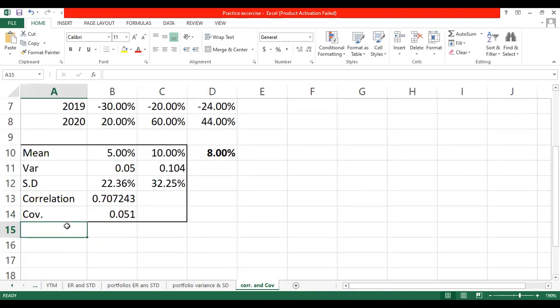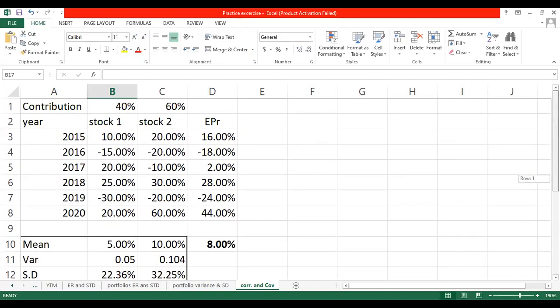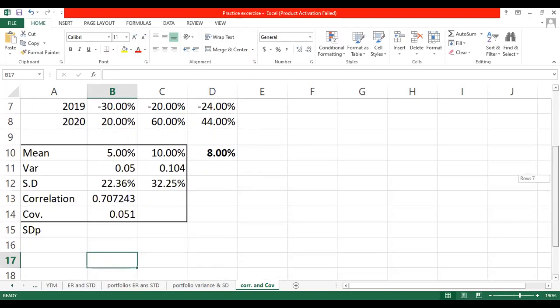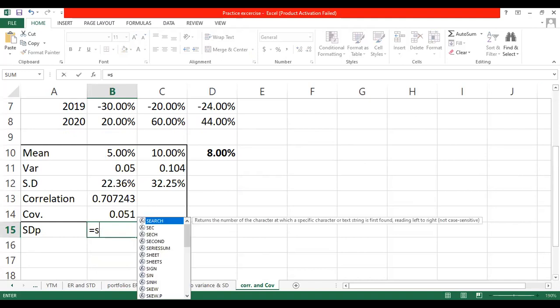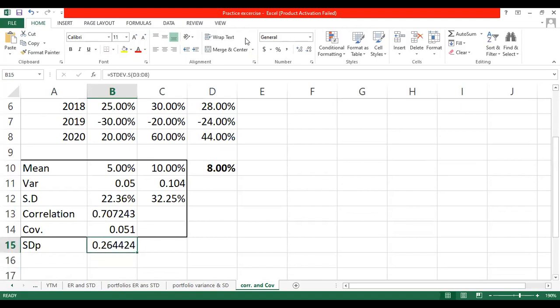Now next question is to calculate the standard deviation of a portfolio. That is missing, standard deviation portfolio. There are two methods. I am repeating it again to remember it. There are two methods of calculating a standard deviation of a portfolio. And the simple method is just apply the standard deviation. We have a portfolio returns, so you just apply it. We will know that is our 26% standard deviation portfolio. Just remember the method of that standard deviation.